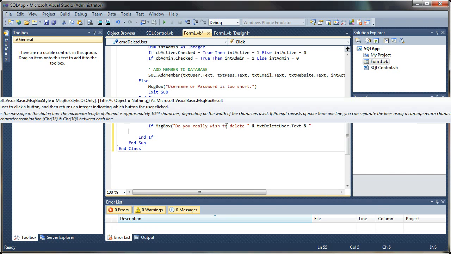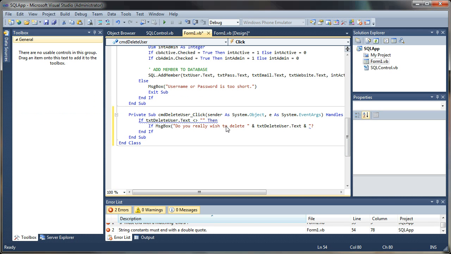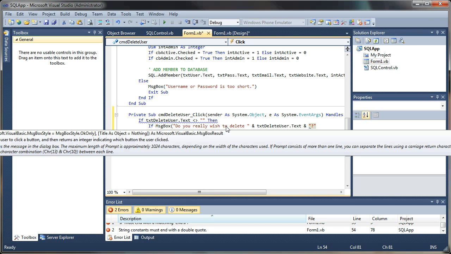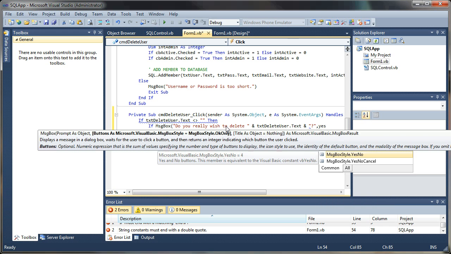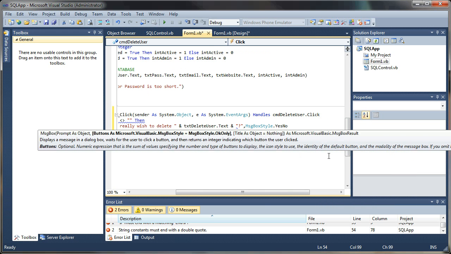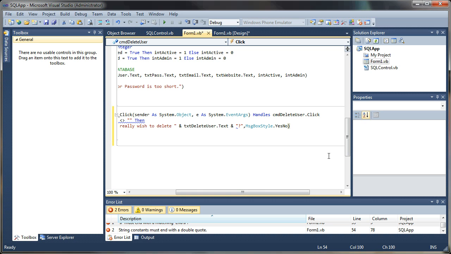Oops. And add a little question mark at the end there. Finish off our text. And then we will want a vbYesNo, so just type yes here and it'll give us the option. Okay, so if that message box equals result yes,